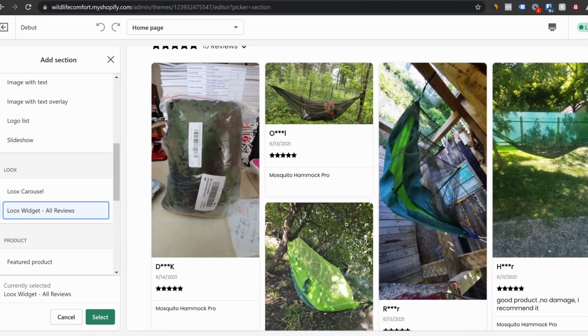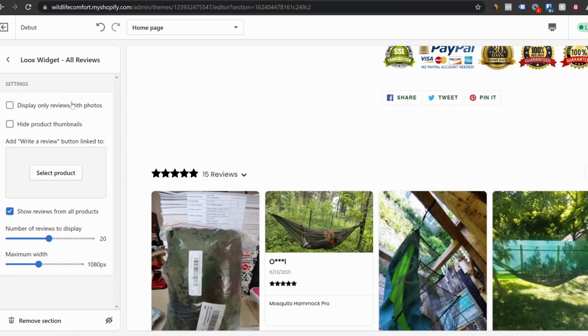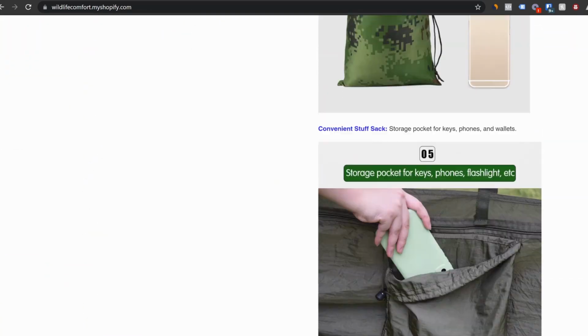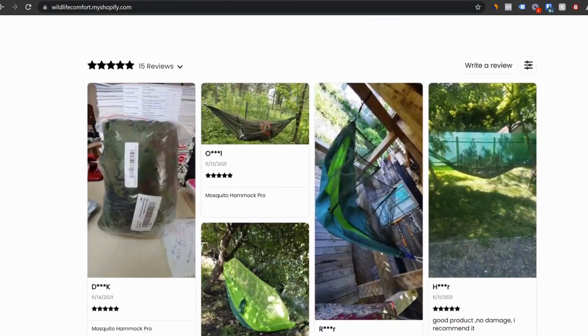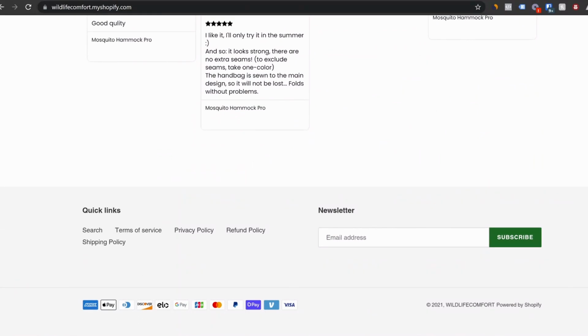So this is perfect, guys. You can see how cool this website looks and how professional this website looks. And that's it. I will click save. So again, guys, you can see that our website looks perfect. We have here the images, the description, and we have right here the reviews, the policies right here, and yeah,